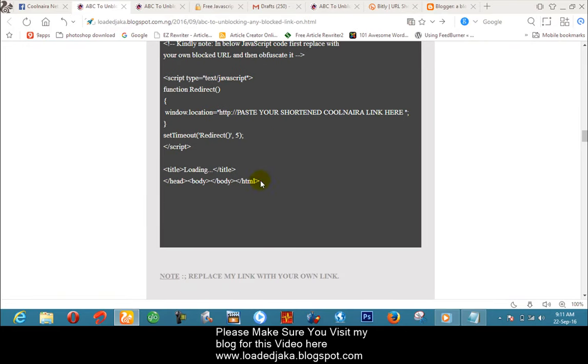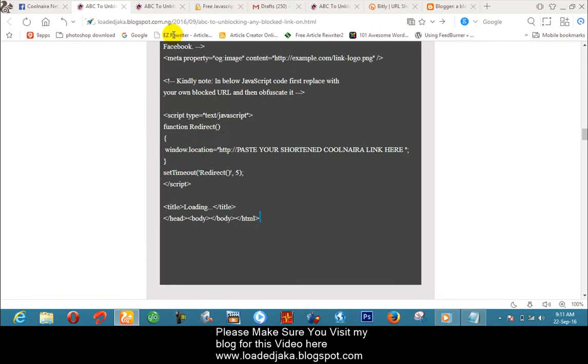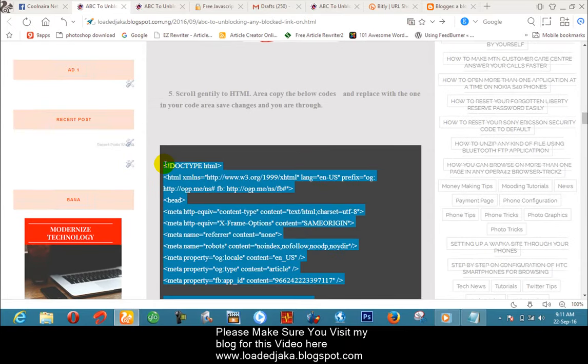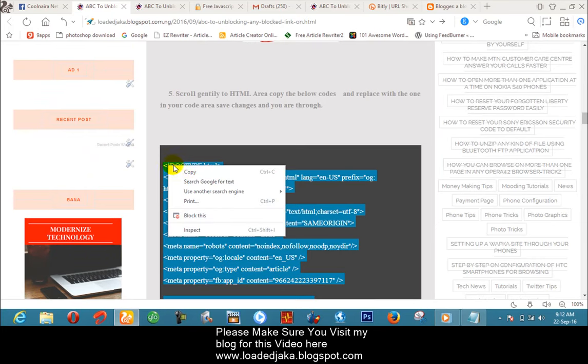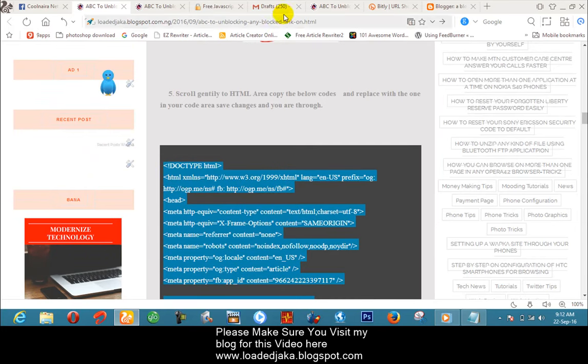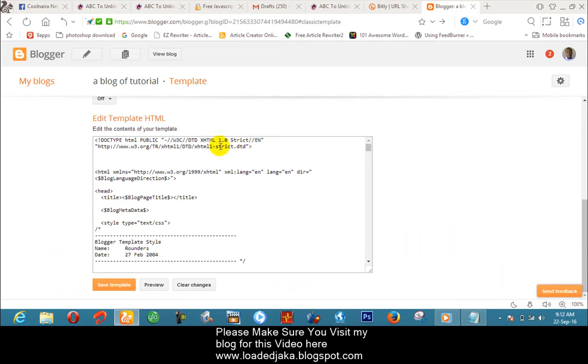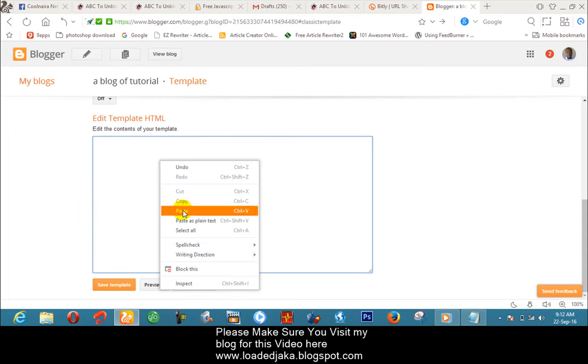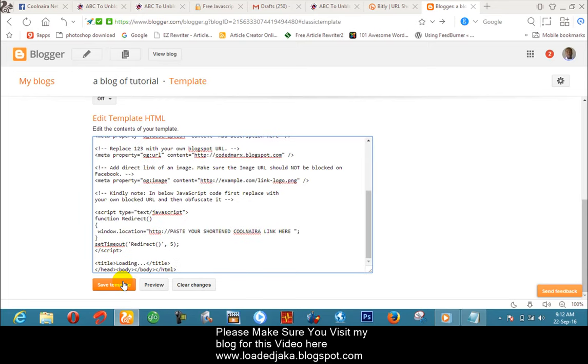I ask you to copy all. Then come over to your own code area, replace it with your own code area and click on Save Template.